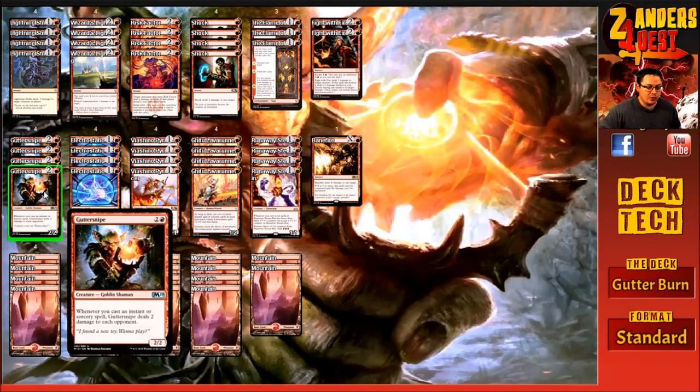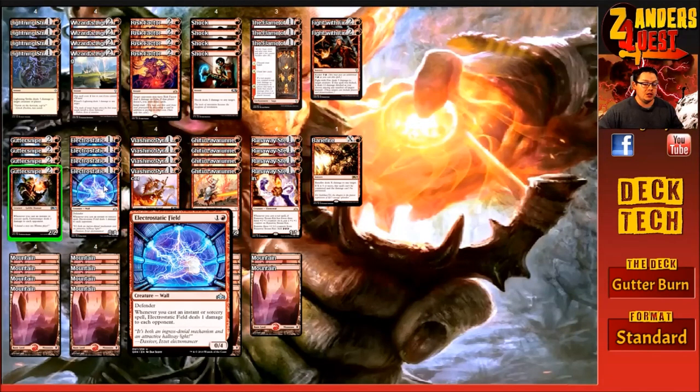Because of the release of Guilds of Ravnica, we've also got a heap of new toys that come with that. And one of which is Electrostatic Field. So it's like a pseudo Gutter Snipe. So Electrostatic Field is for 2, 1 and a red, a 0/4 wall with Defender. And then whenever you cast an instant or sorcery spell, just like with Gutter Snipe, you deal 1 damage to